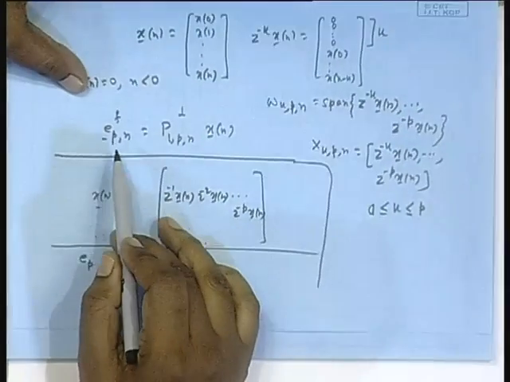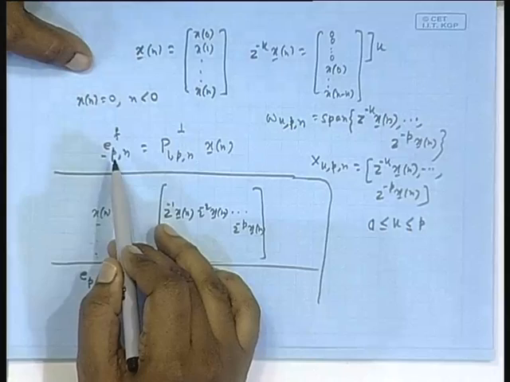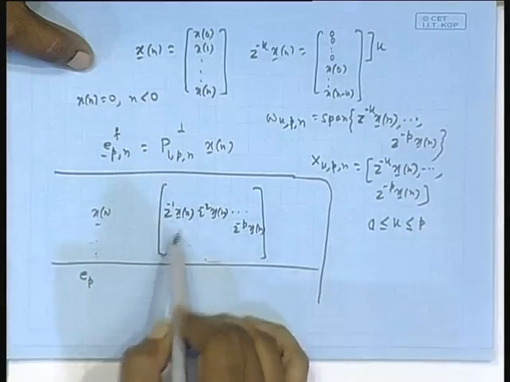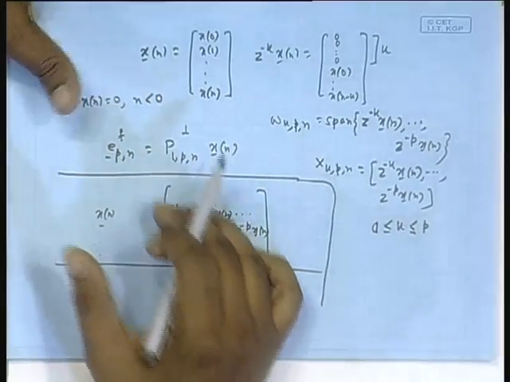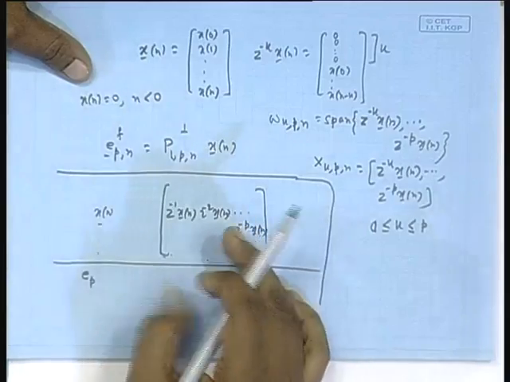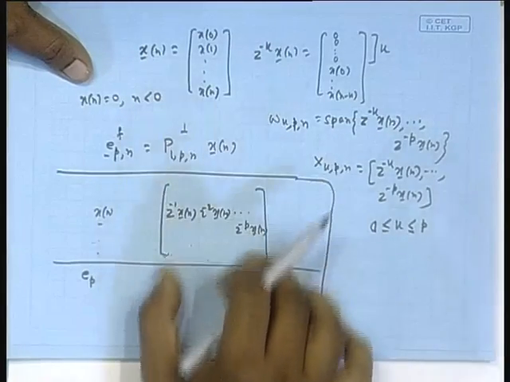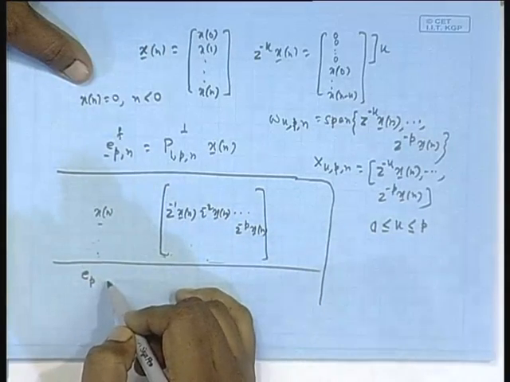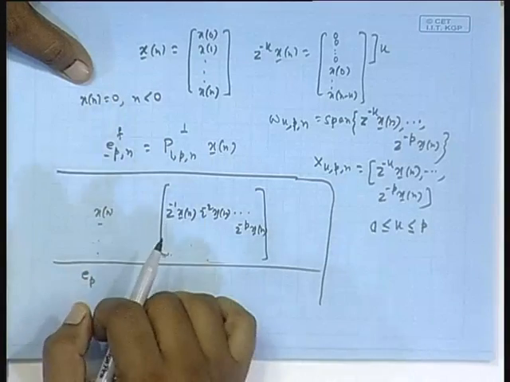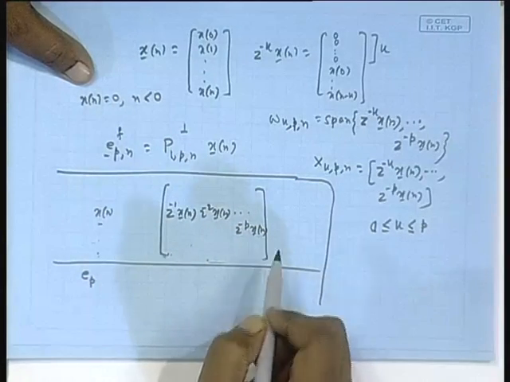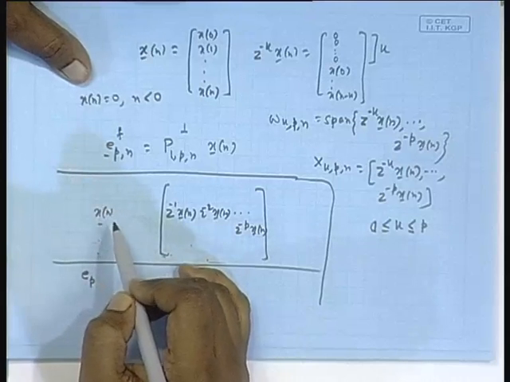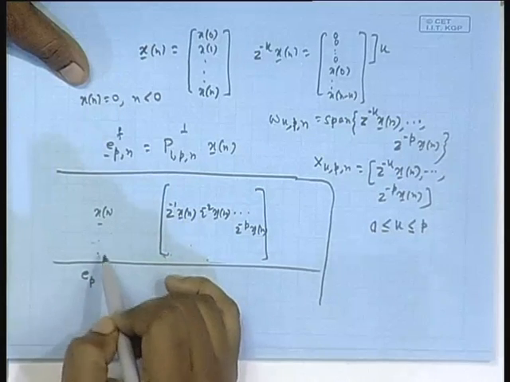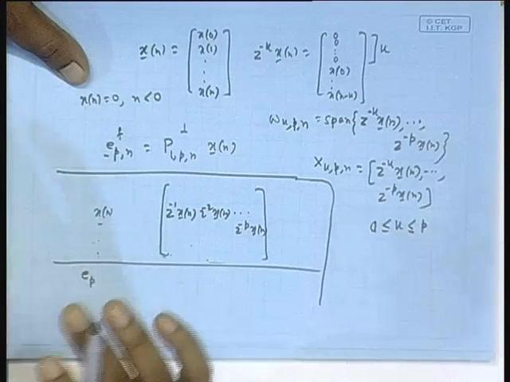we will be basically interested in the last component of the vector, because that is the current component. At current index n, you are combining them, you are using past data also, so that the sum of square is a better sum of square, and you are minimizing that, so that you get a better estimate of those combiner coefficients. Using them, you combine and take the error, you get an error vector. Okay. This is a better estimate of the error vector, because you are using a better estimate of the combiner coefficients. But again, I am not any more interested in the past values of that prediction error, only the current index. So, the last component is important.